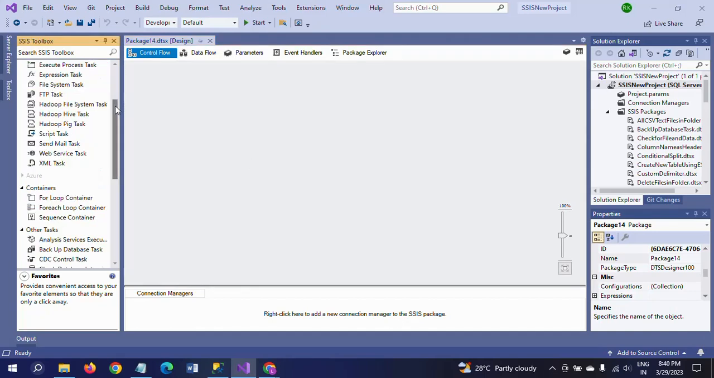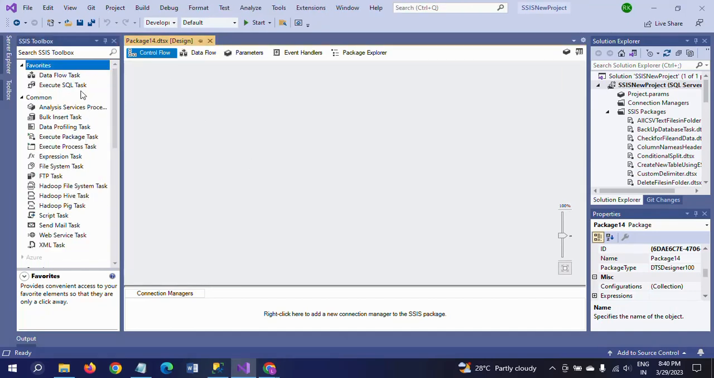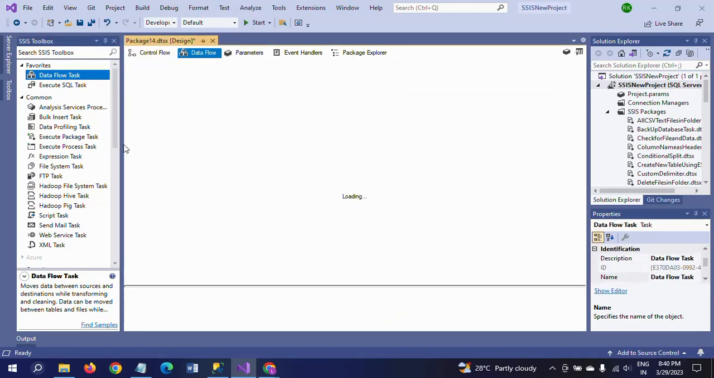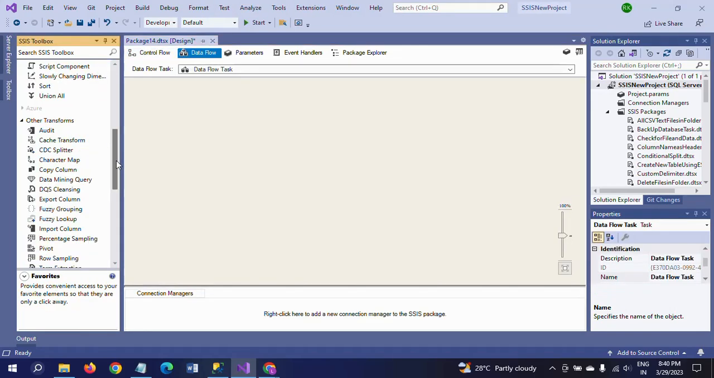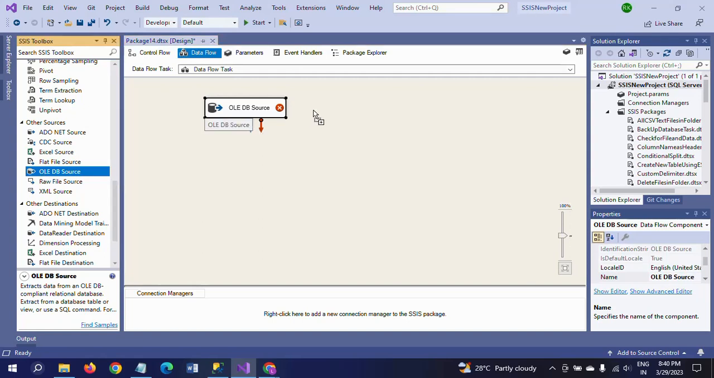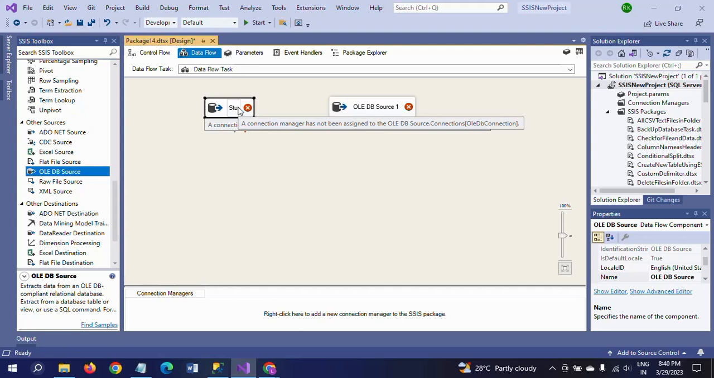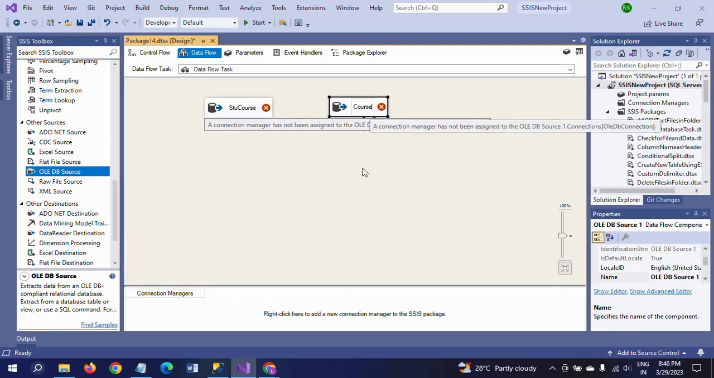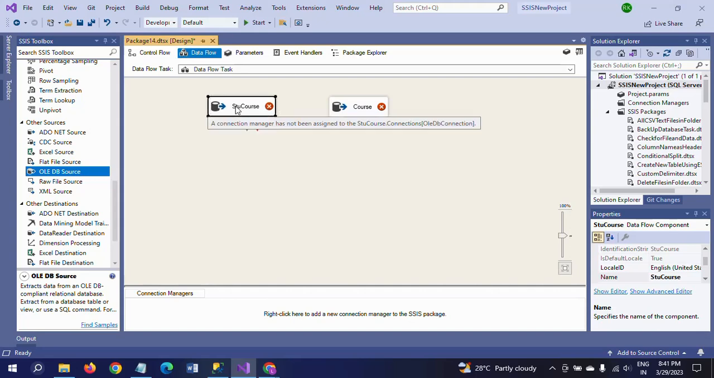I am taking a new package, first dragging the data flow task, and double clicking to configure. Here we need to take OLE DB source twice: one for student course and one for course. I am naming this one student course, and this one for the course table. To configure, double click,